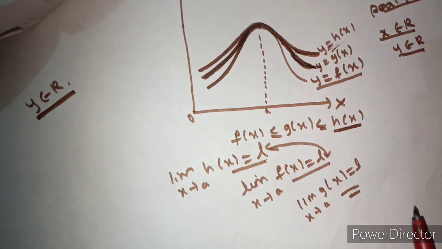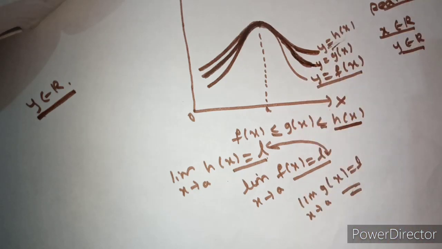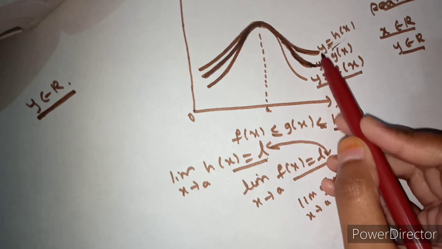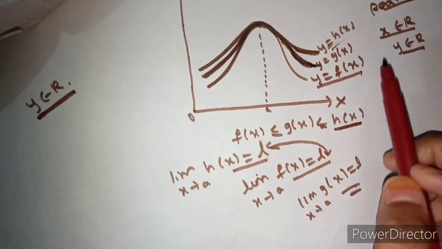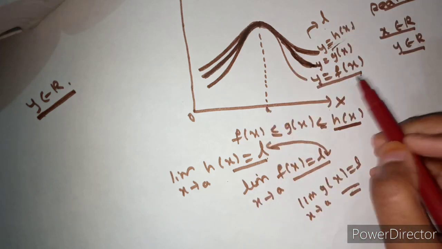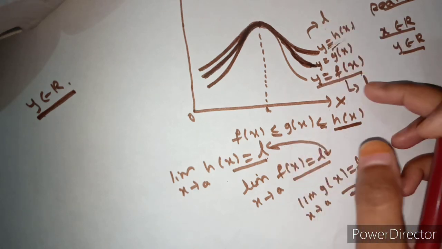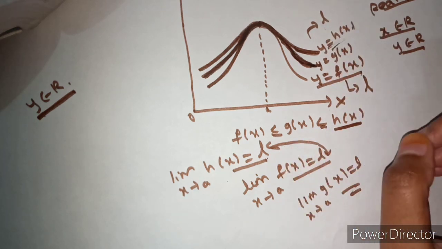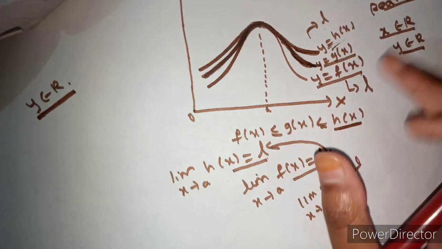So why this theorem is called the sandwich theorem? Because g of x is between these two functions, right? See, how does our sandwich look like? Between two breads we are going to stuff something, right? Likewise, here g of x is between these two functions, that is f of x and h of x. So if we apply the limit to the upper function, we get L. If we apply the limit to the lower function, that is f of x, we get the limit value as L. So we are getting the same limit value. If that's the case, then we will get the middle function limit also as L. So this is the sandwich theorem.